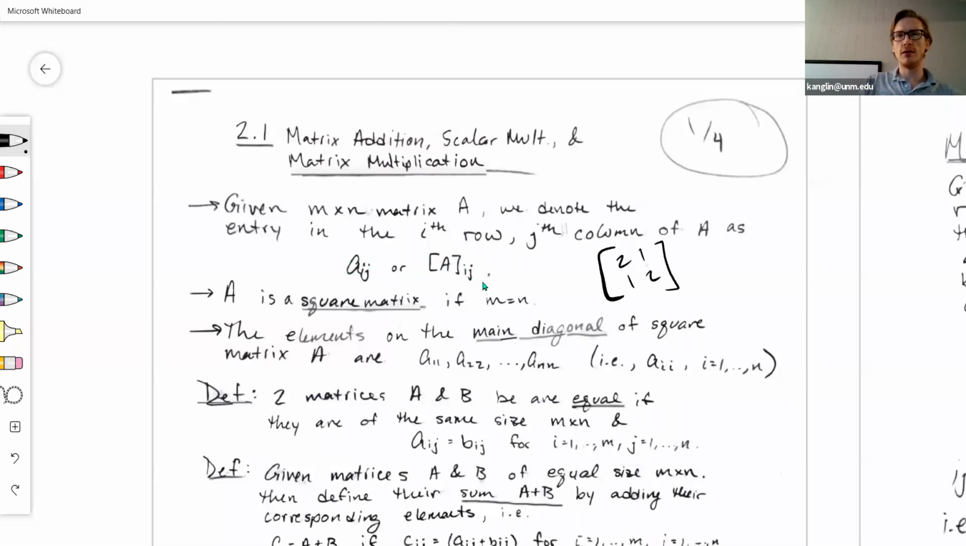if we want to identify the entries here, we have a numbering system, right? We number the rows. This would be the i equals 1 row, this would be the i equals 2 row, and columns, this would be j equals 1 and j equals 2 for the column. So for example, if I want to say what this entry is here,